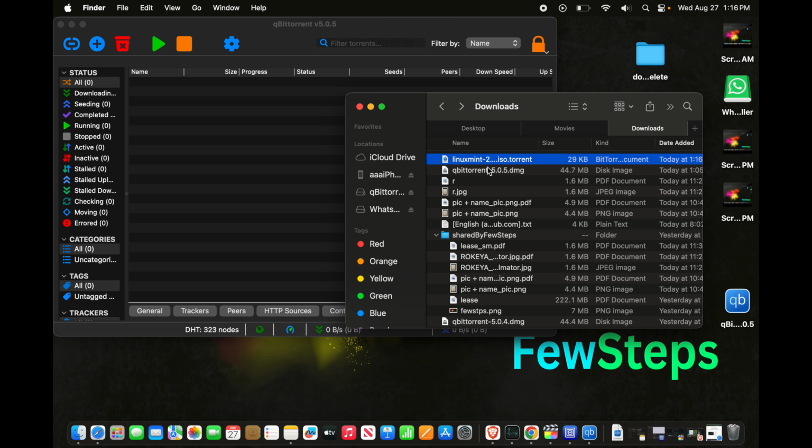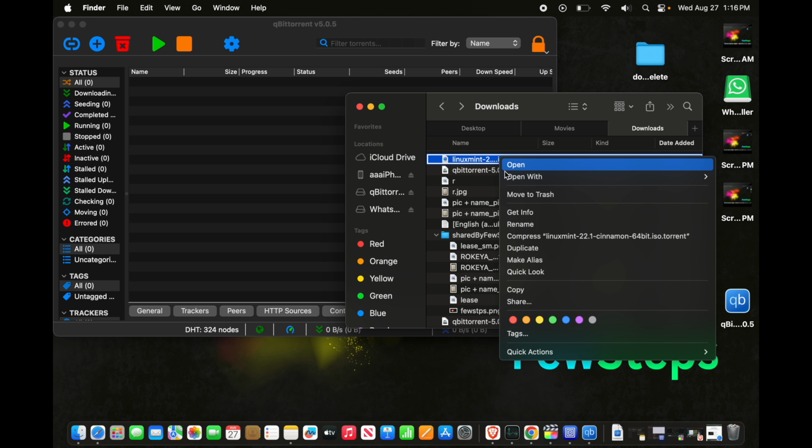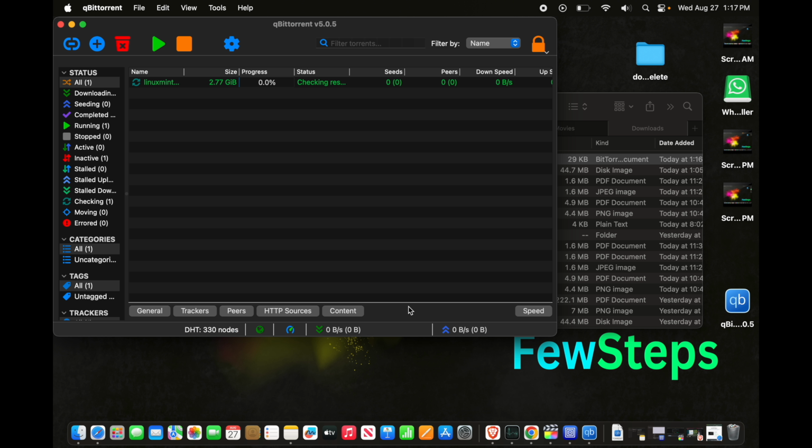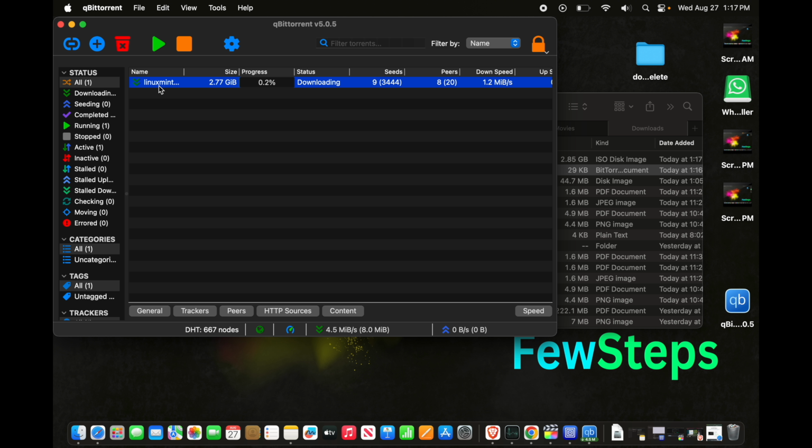Now to open this torrent using the qBittorrent software, you just need to right click, and then it will bring up these menus. From here we have to choose open with, and then you have to choose qBittorrent, and very shortly it will bring this window. It is asking where the torrent file will be downloaded. We can choose the location, or the default location is fine for my case. Then just press the OK button,